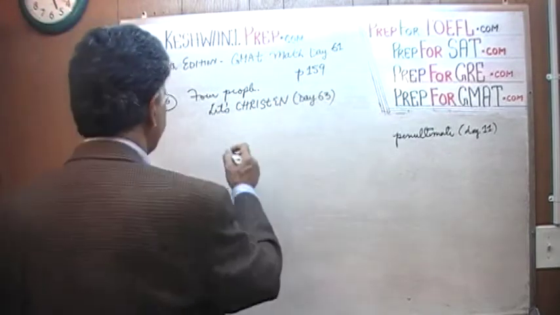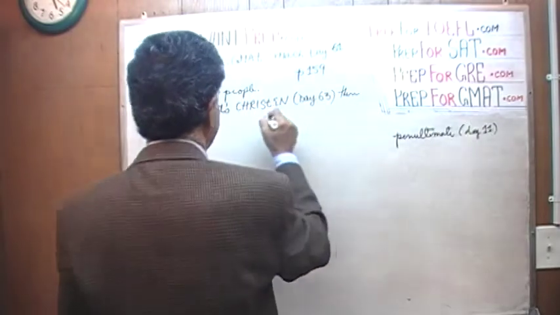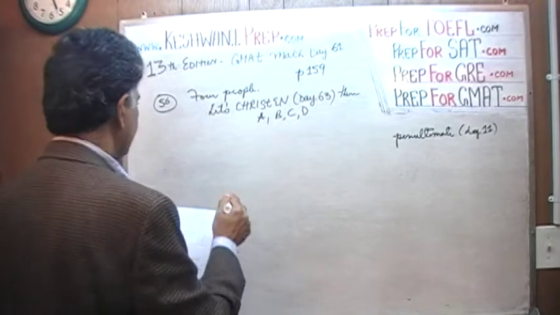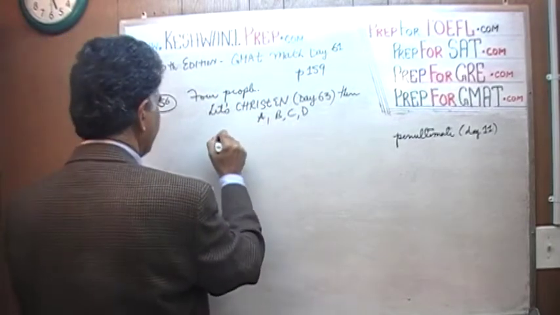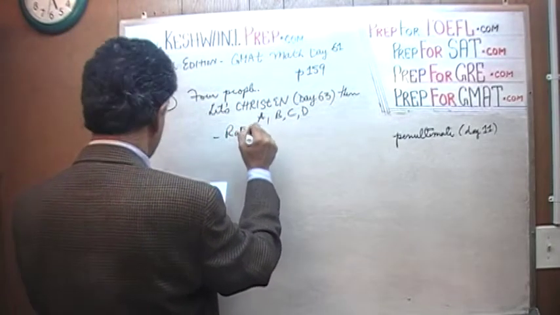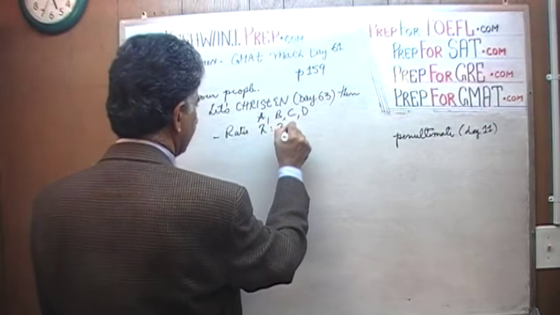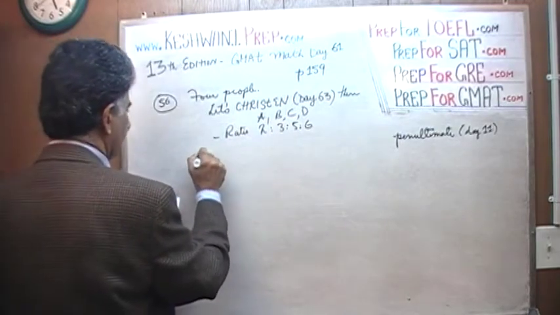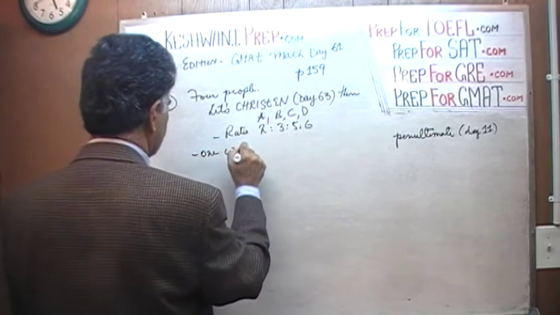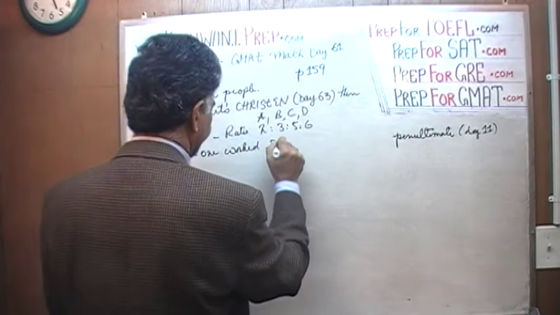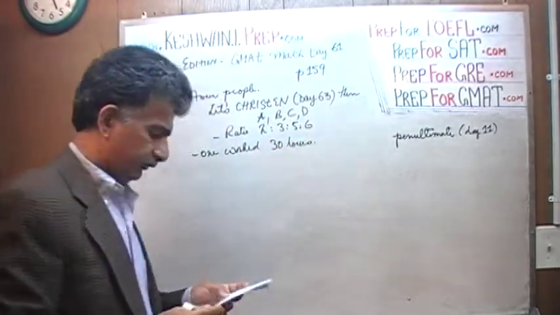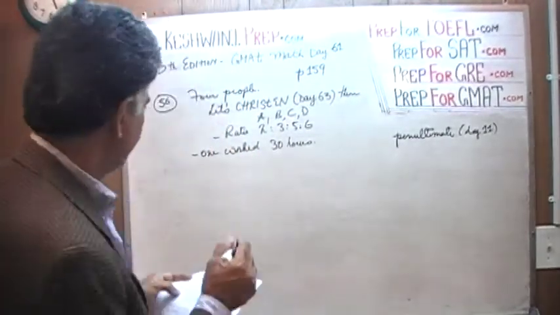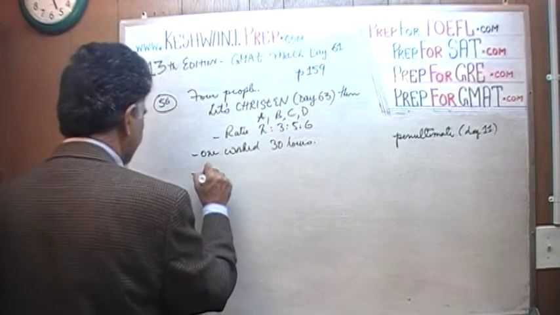Let's christen them A, B, C, and D. We are told that they work in the ratio of 2 to 3 to 5 to 6, and we are told that one worked 30 hours. They're telling us that one of these 4 people worked 30 hours. They do not tell us which one. That's the whole point. The question simply is, which of the following cannot be the total